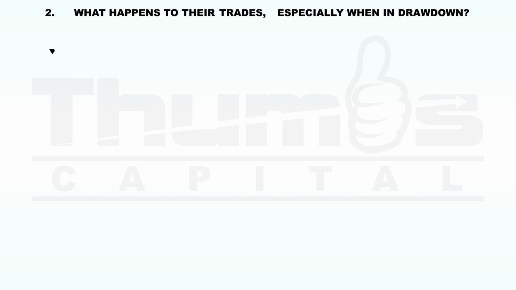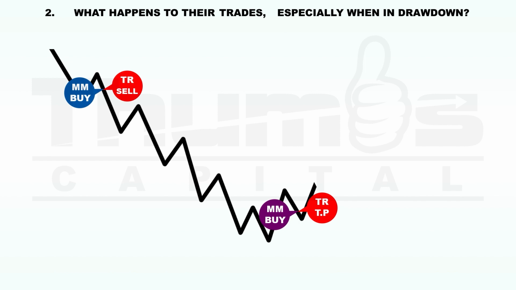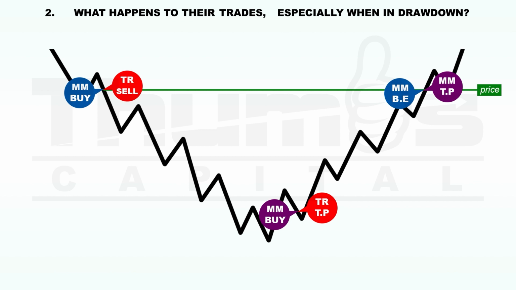In this situation, the market maker holds the trade in drawdown and buys back the position of the opposing trader when the trader decides to take profit. This leaves the market maker with two trades, with one in profit and the other in drawdown. The market maker holds on to these positions until the market retraces back to the original opening price, where they collapse all the positions, one in profit equivalent to the profit made by the opposing trader and the other one at break even. This is what we commonly refer to as trade mitigation.